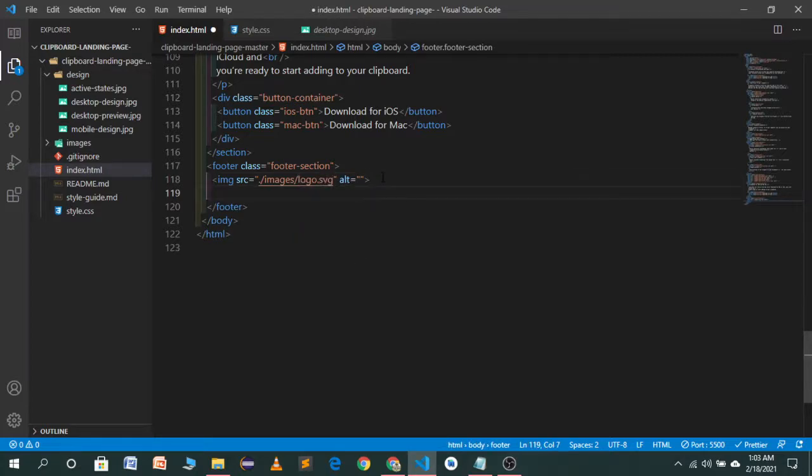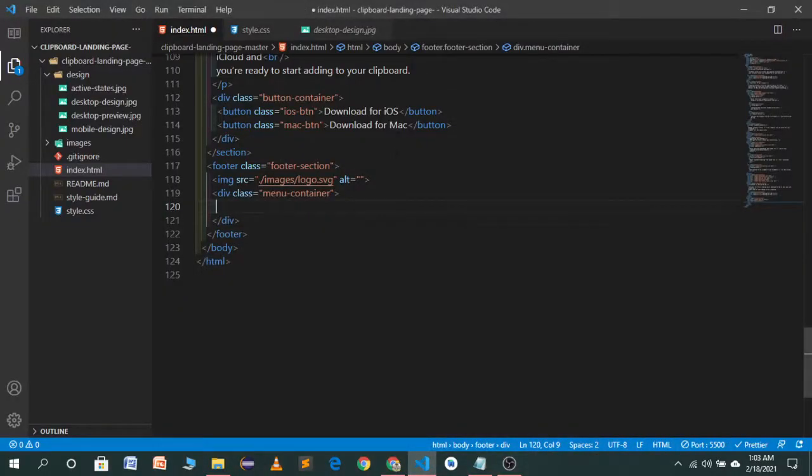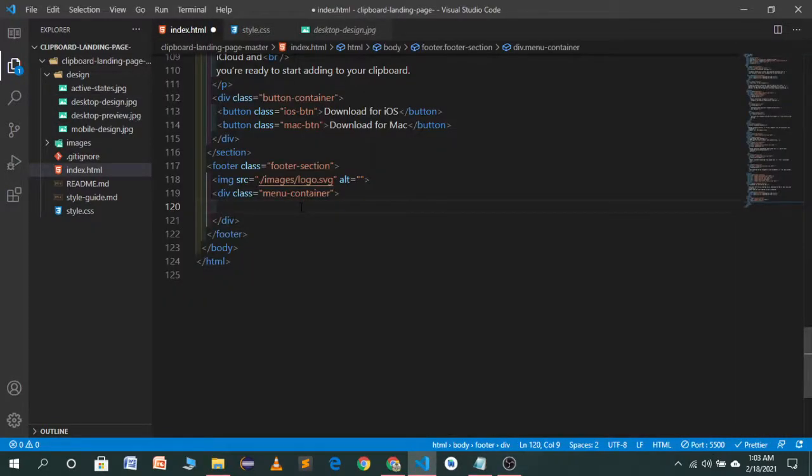and the second part will be a menu container, and in this menu container we will have two menu items. Let's use two divs here.